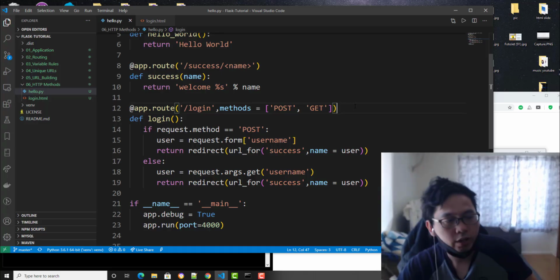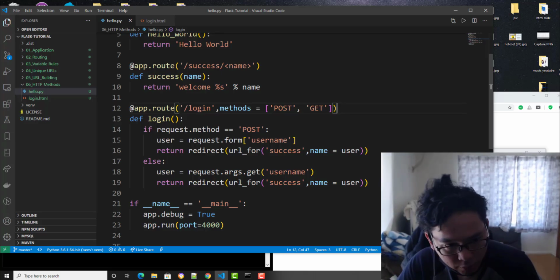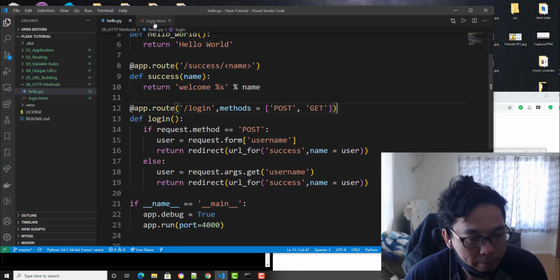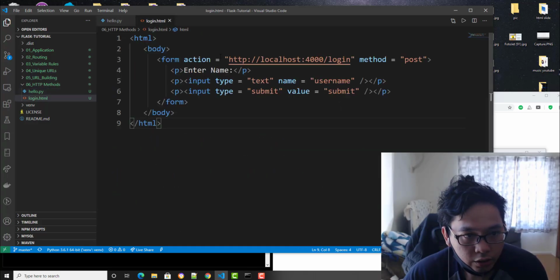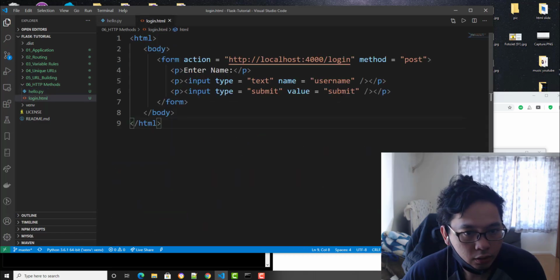So on this part we're gonna understand only the HTTP method. If you go to the login, after you submit it, it will go to this URL and login method with post. We already know because it's submit.